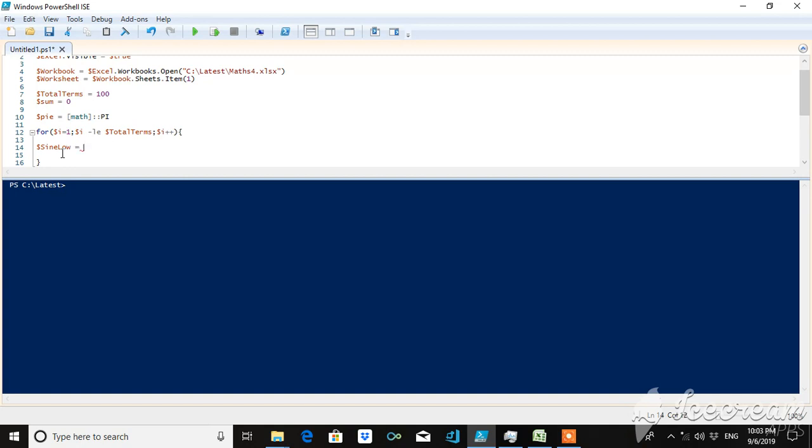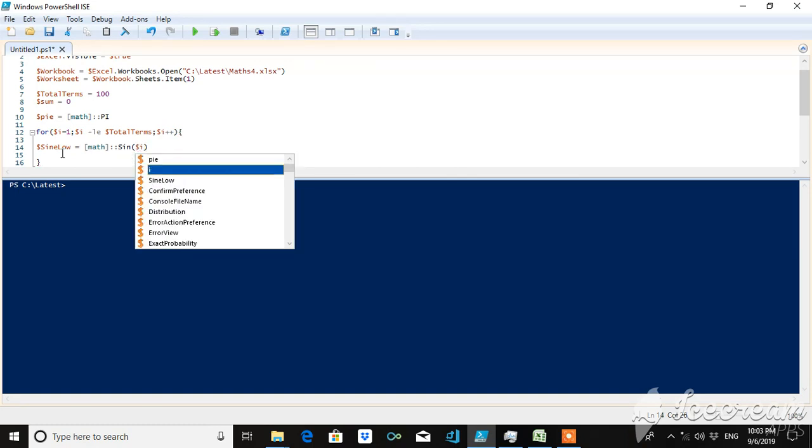This function will have low frequency. Since it's a sine function, then you will have to give some values to it. Okay, so right now just give it a value $I. Okay,